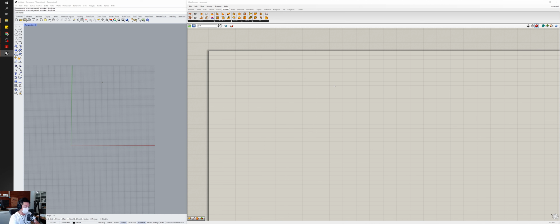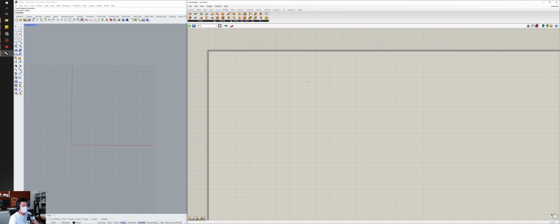Like I mentioned before, we're using distance a lot in this because it's very straightforward and easy, but a lot of our analysis tools are basically there to help us establish these relationships, because any piece of data that we can extract from our definition or our geometry can be used as a point of generation, basically. So in this example, we're going to look at an instance in which we're